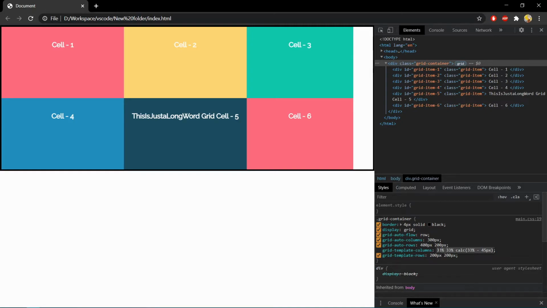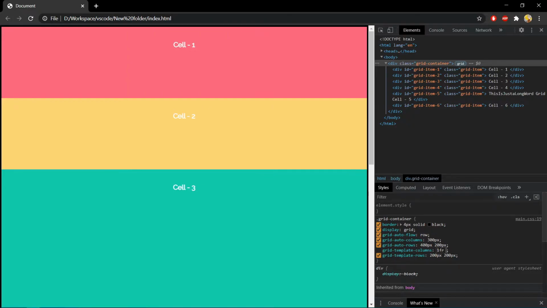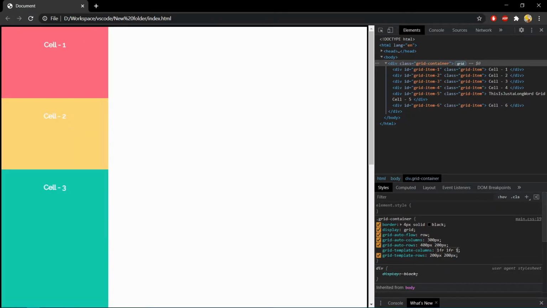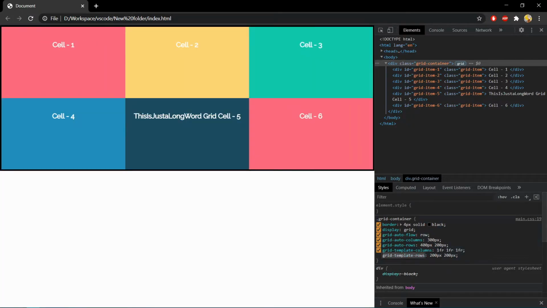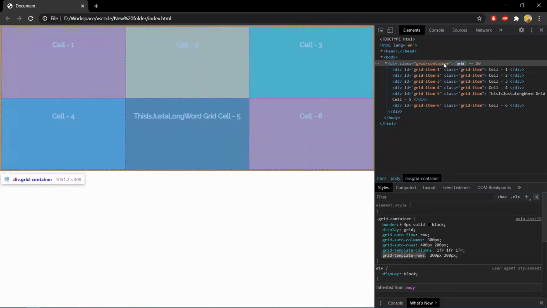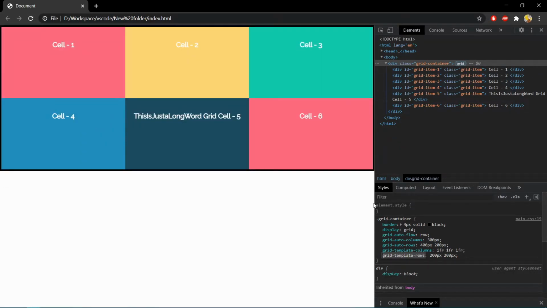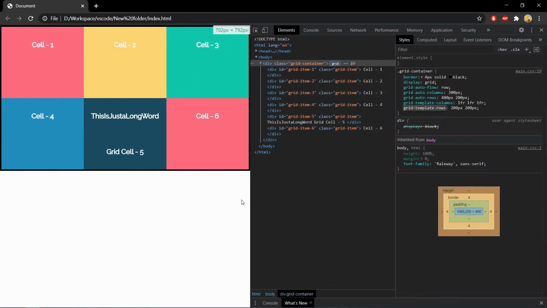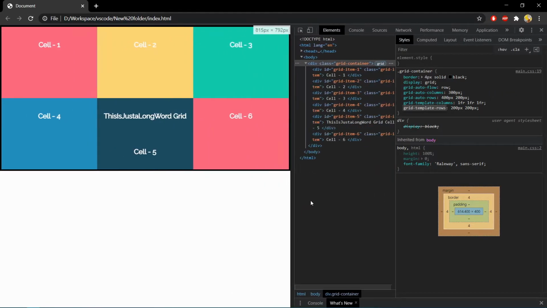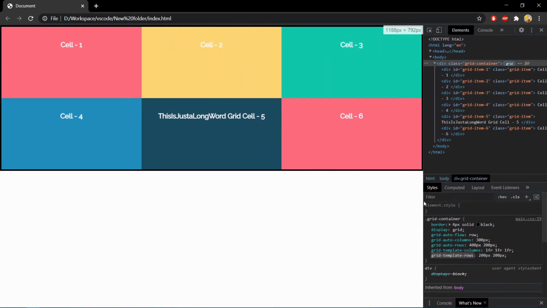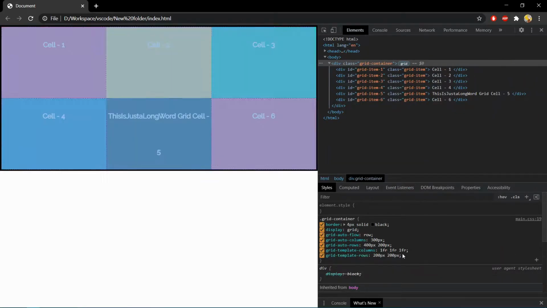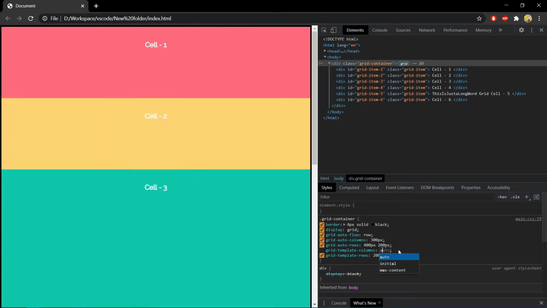So instead of using percentage to place columns equally on the screen, use the fr or flex unit. As you can see, all columns have equal width. Even if I resize the screen, you can see all columns again get resized automatically to the same width. Another unit which is similar to fr is auto.